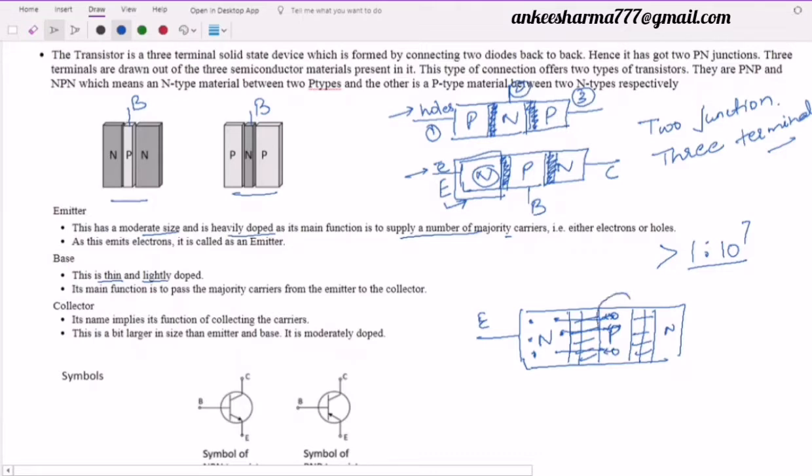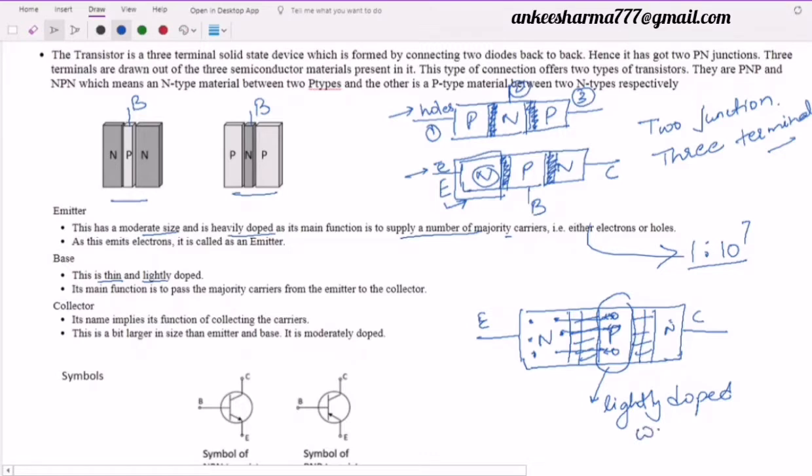If I talk about only this base region, higher the doping, the more recombination you will definitely have, because the majority carriers which are of the p side will increase. So we don't want our electrons to be vanished over here because we want these electrons to reach to this side. We want it to be reached to this side, and this is called the third part, that is the collector. And that's the reason we always make this base lightly doped, because lesser the doping, lesser will be the carriers, holes will be less, and recombinations will be less. Although we can't reduce it to zero, but we can make it small.